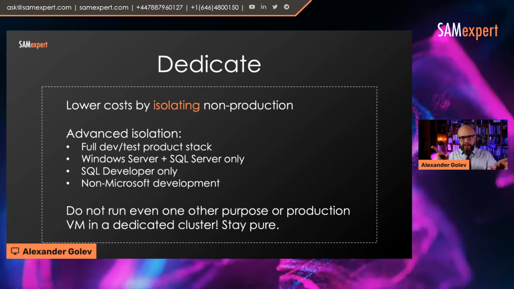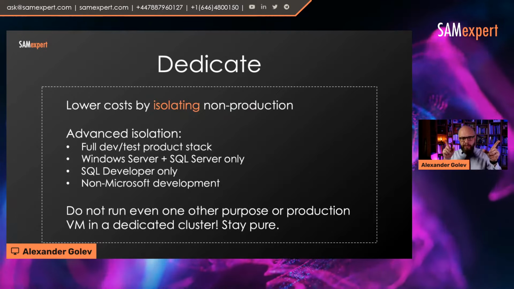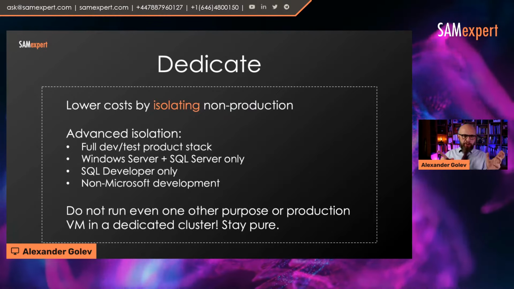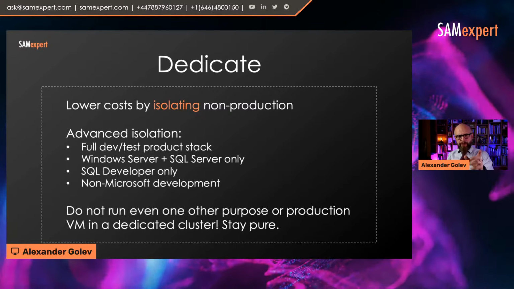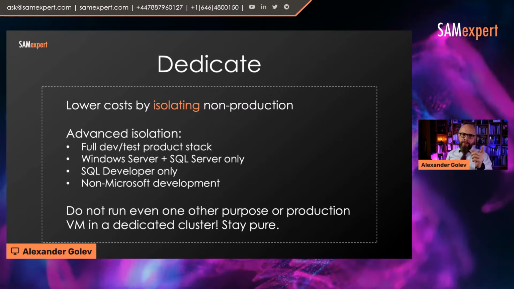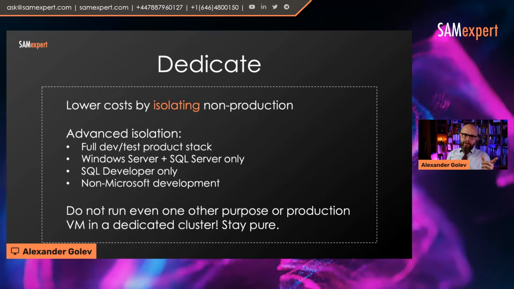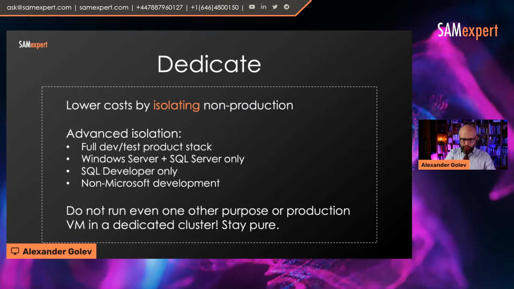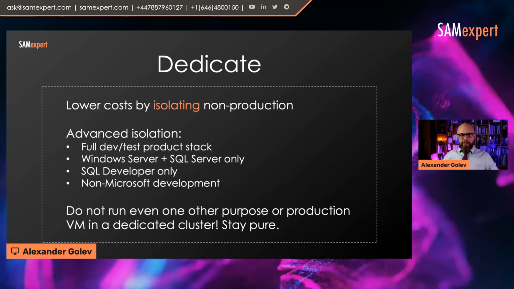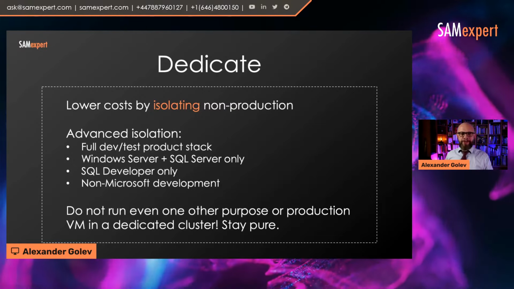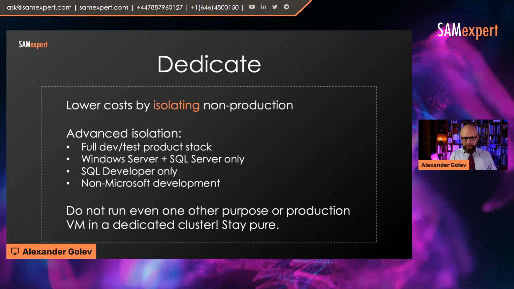So don't overlook dedication. Keep Azure DevOps Server away from those dedicated clusters. I remind you, it's production. And even one production VM in the cluster makes you license all the hosts, just the host operating systems, not the VMs in them, as production. I remind you, you can't be half pregnant in licensing. You brought one VM,